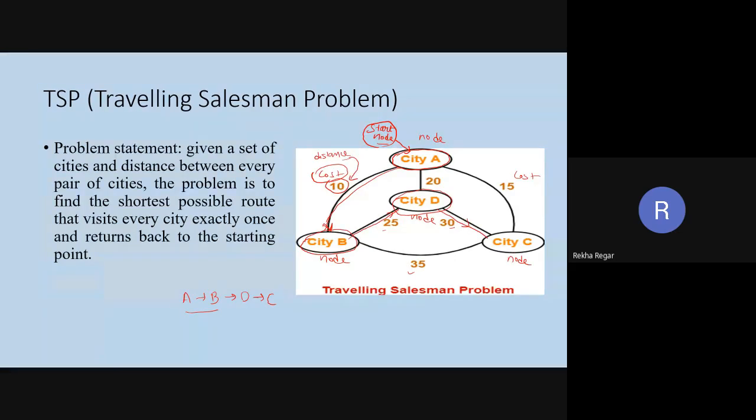And after doing this, we have to come back to the start point. So you can say this is the closed path.